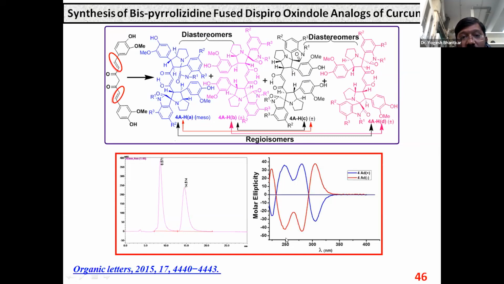It is highly difficult to identify the difference between these 4 molecules, so this case is difficult for structurization. We have to do a lot of exercises for characterization. For exact structurization of these 4 molecules, I had to wait nearly 8 months to fix the structures. Among the 4 isomers, the relationship is that these two are diastereomers, these two are diastereomers, and between the pairs these are regioisomers.